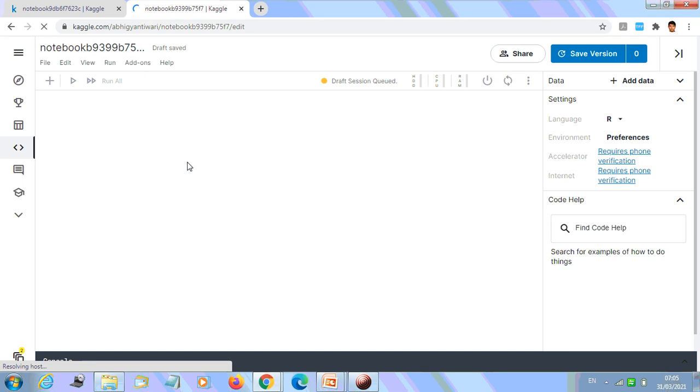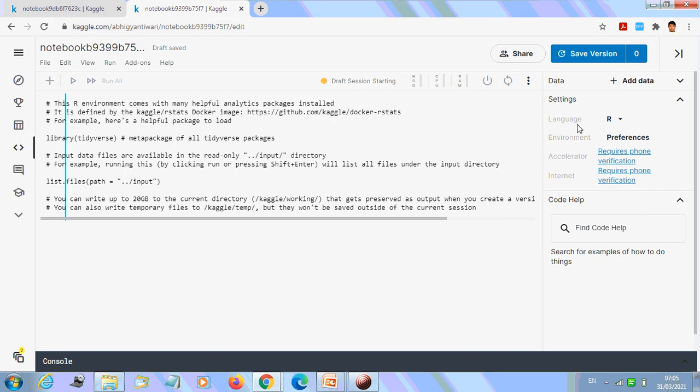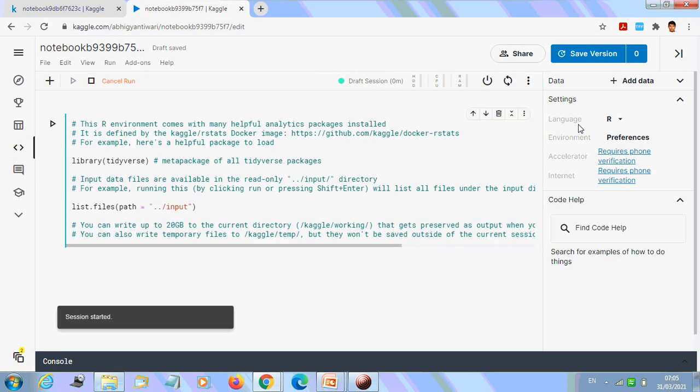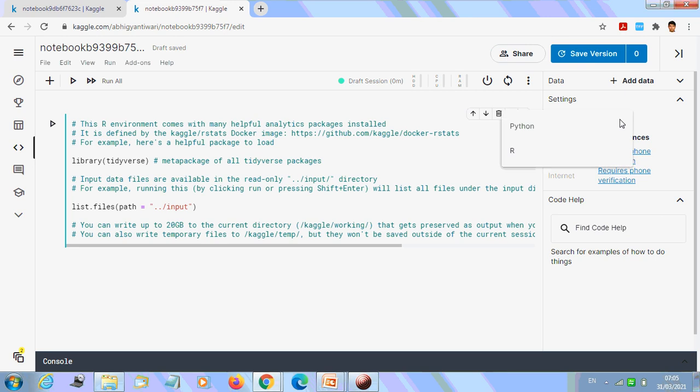It completely depends upon the speed of your internet. From here you can choose the language. I have chosen R. You have two things, Python and R, and we are working on R, so you have to choose R.